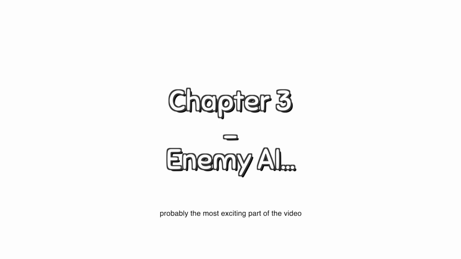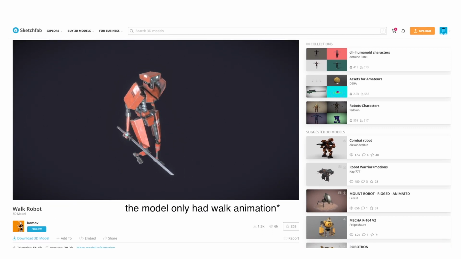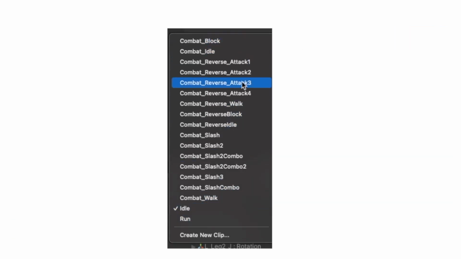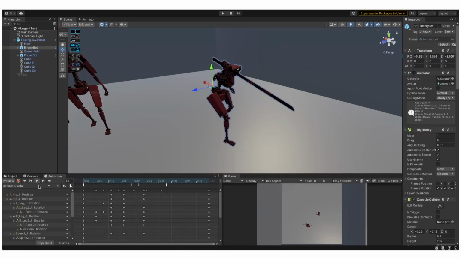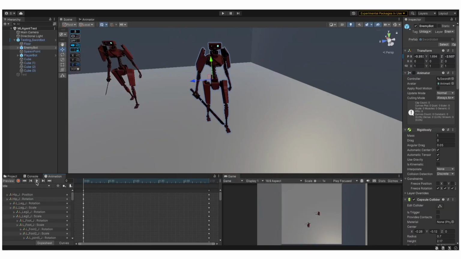A blade-wielding enemy had to be added, so I downloaded this model online. However, I couldn't find any pre-made animations of the enemy attacking, blocking, or moving, so I took matters into my own hands and decided to create the animations myself. I'm not sure about you guys, but I personally cannot work on the mechanics if I don't have the animations ready. Creating the animations took a while, but it was worth it.